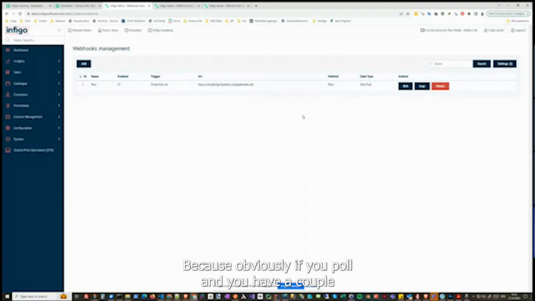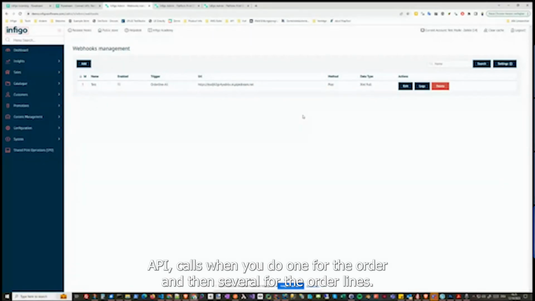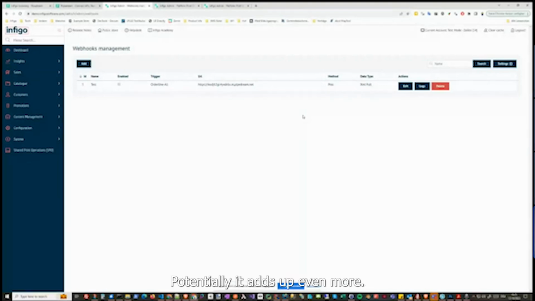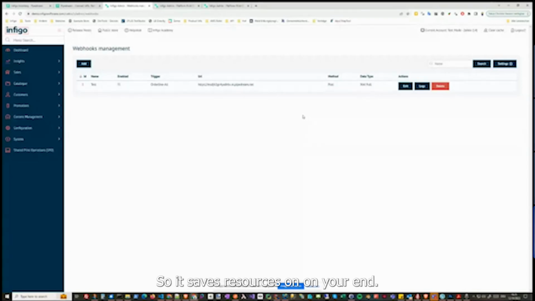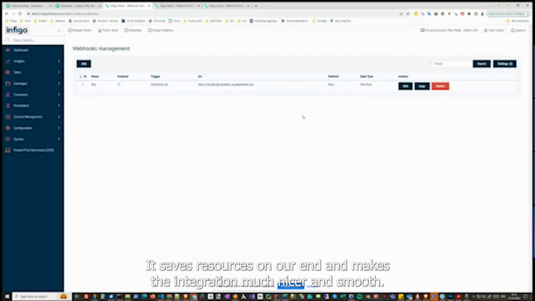Because if you poll and you have a couple hundred active jobs, that is a couple hundred active API calls. When you do one for the order and then several for the order lines, potentially it adds up even more, while the webhook will give you information whenever you need it, based on the change. So it saves resources on your end, it saves resources on our end,